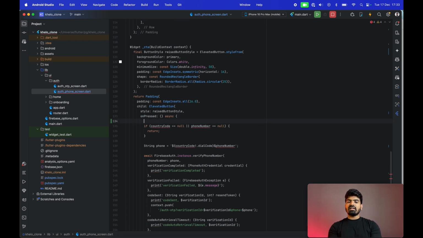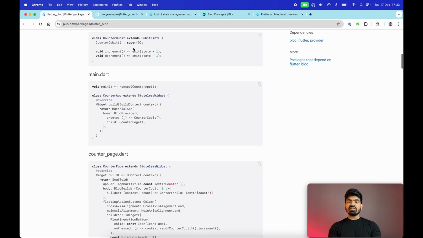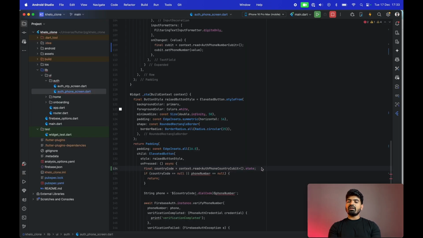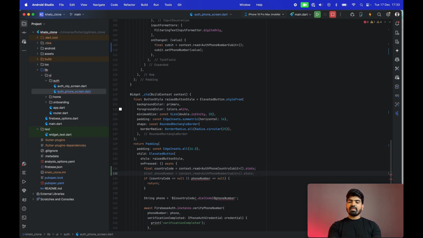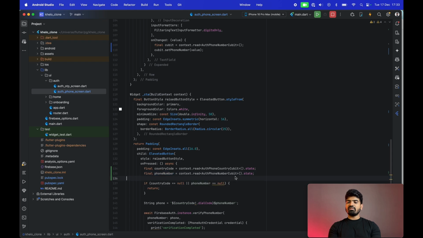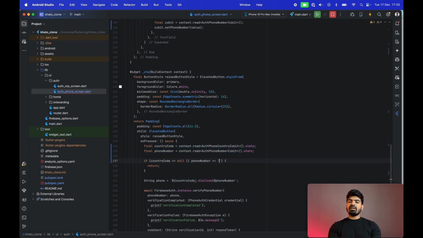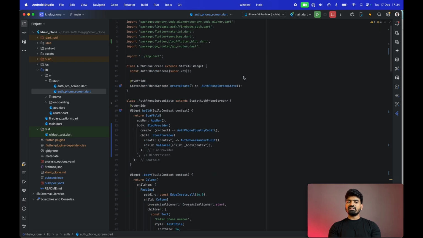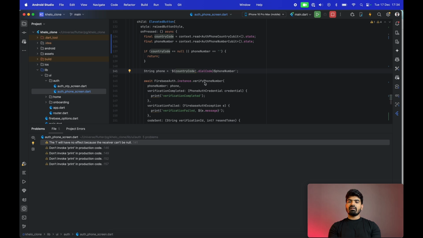Now we are done with that, and what we need to do is read its state. I talked about that earlier, that the qubit has this state property. If you see this increment, you can already see that inside the class you can access that, and inside the emit they have used this state +1. That means this is the current value, and then they are just incrementing that, and you can read that outside as well. So here we have use country code, and then after that we use this phone number. We just read both states, and as now we have the phone number empty by default, if the country code is not selected or the phone number is empty, then just return. And those are, I think, all the changes that we'll need